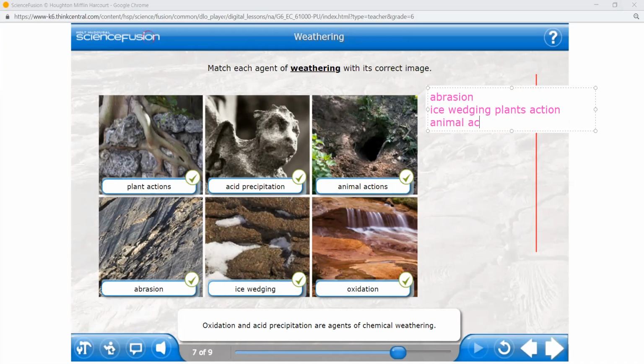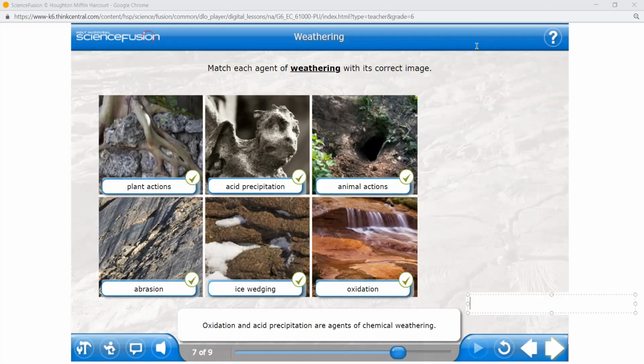These all come under physical weathering. When talking about chemical, you have to say oxidation, and next acid, that is acid rain, acid precipitation. Okay? Is it clear, girls? Do you clearly understand the difference between physical weathering and chemical weathering now? Yes. Okay, let's go to the next one.